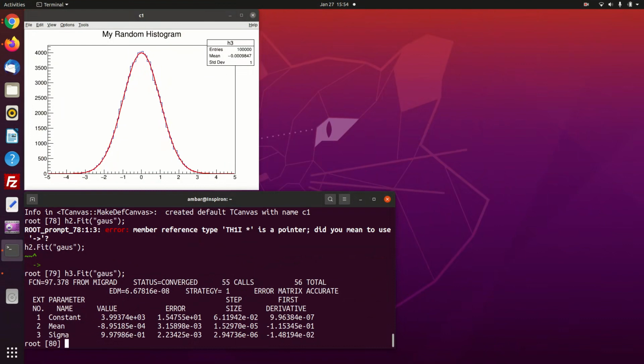Yeah, so you see the Gaussian has been fitted for this data. The values of the parameters are given. The first quantity called constant is actually the amplitude of the Gaussian. Its value is 4000, and then the mean is supposed to be 0, so it's close to that, and then the sigma or standard deviation given here is around 1. So this is how